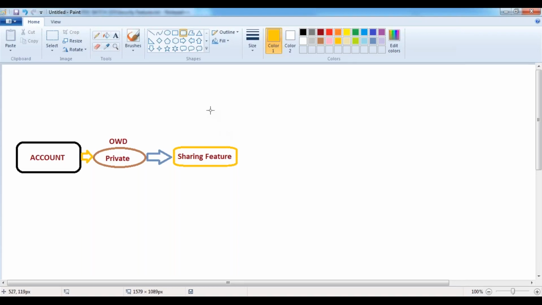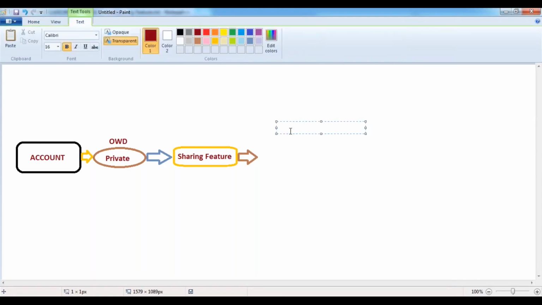Then how can we share the record? Whenever we share a record, we can use any one of the sharing mechanisms, which are called sharing types. We have three types available. The first one is manual sharing. Second, automated sharing.